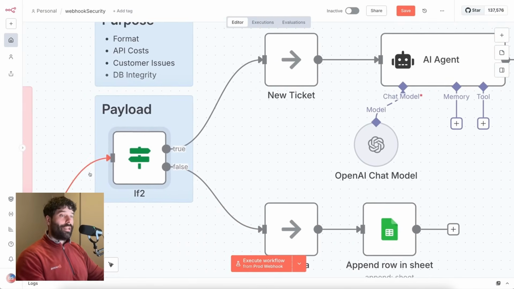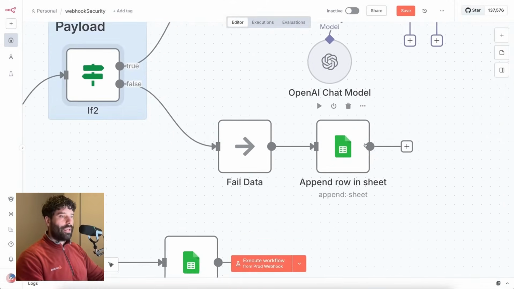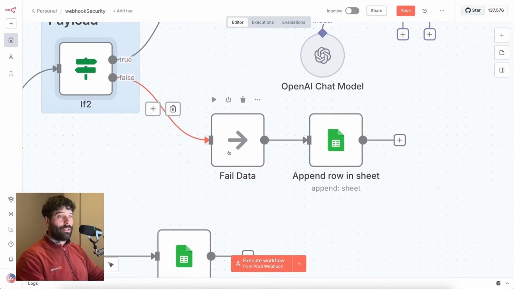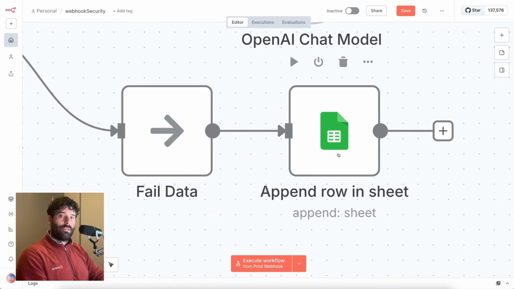So a very basic check is to see, hey, are we receiving the right event, or is it in the right structure? That means if you're expecting a certain payload, maybe it actually has 5 different keys that you must have for this workflow to be active. So you might map all these as if conditions in here, and they all have to be met in order for you to proceed. Once again, if it doesn't match and it's not a ticket created event, log it. Go into your Google Sheets and log it, so that way you can see, okay, what event is Zendesk sending us? Okay, they're sending us the wrong event. So you go into Zendesk, you reconfigure your trigger over there,